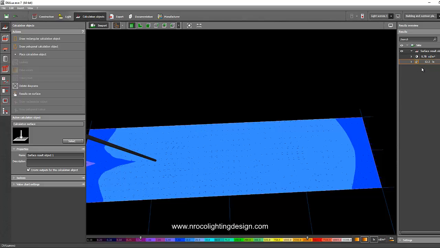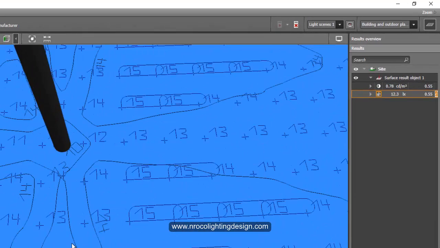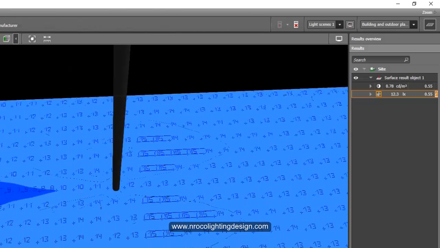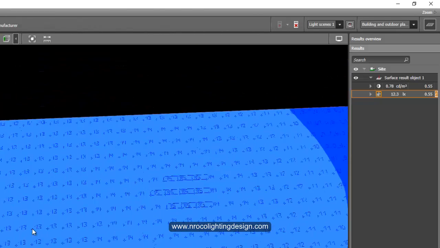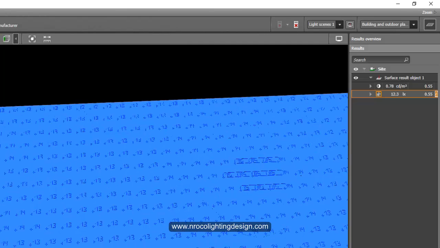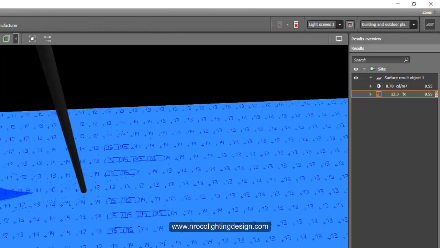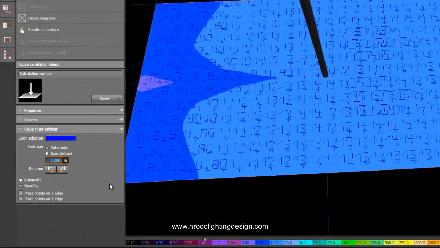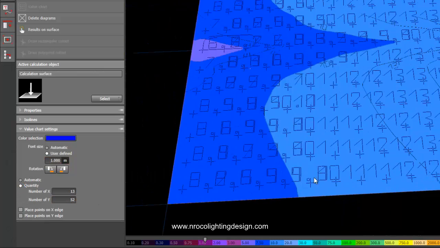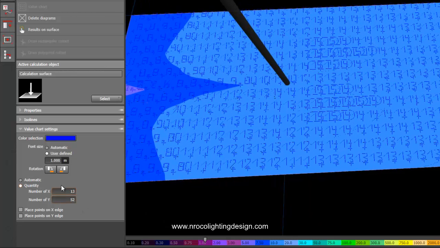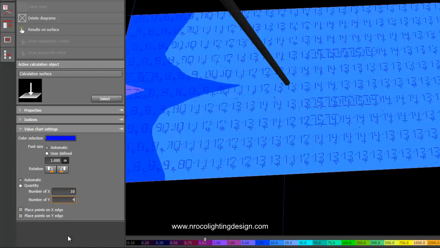So you can see here that it's 12.3 lux and the value is so small, but if you want to zoom, you can see it here. Okay, if you want to increase the size of the text, you can go and change it here. So say 1. Now it's big, and then go and change the quantity of the numbers, and you will see, for example, let's change it into 10 by 40.